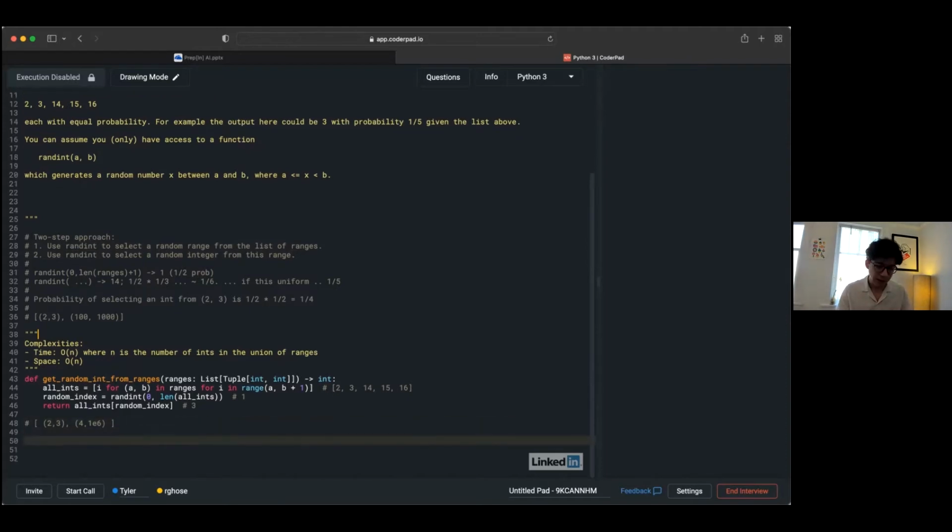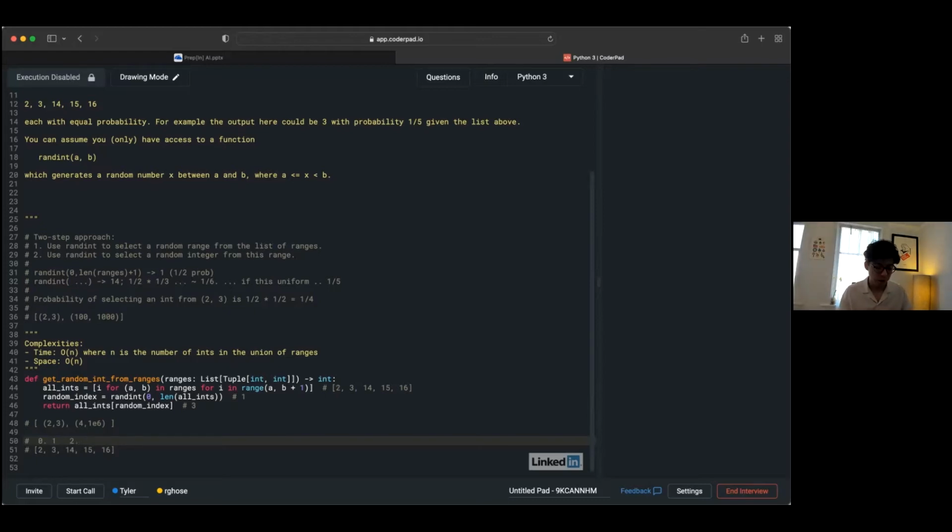So if I think about the idea that I have here in code, what we're doing is we're building up this list, and we're associating with each element in this list an index.